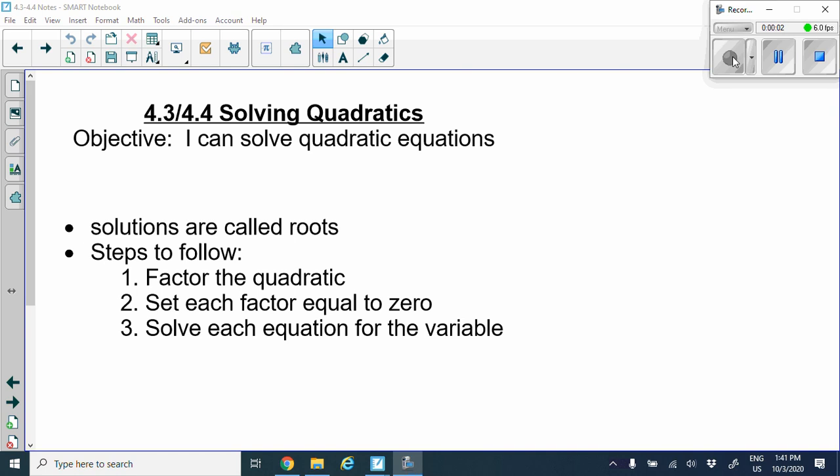Hey guys, so here are the notes for 4.3/4.4. We're now going to combine our factoring when a equals 1 and when a does not equal 1 to solve